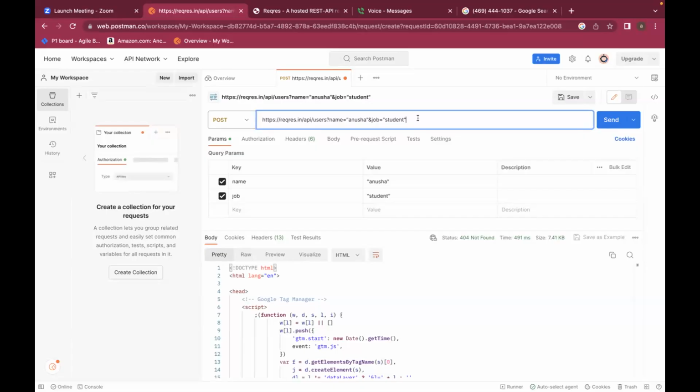The 400 series response codes will be triggered if the end user has made some mistake or did not copy paste the endpoint correctly, or there is some problem at the API tester, the person who is using Postman and doing manual API testing. That person has made a mistake in the endpoint, not the developer.